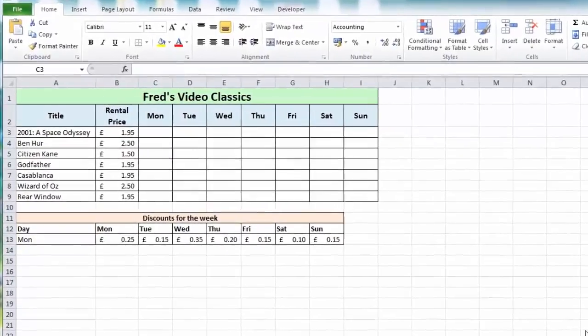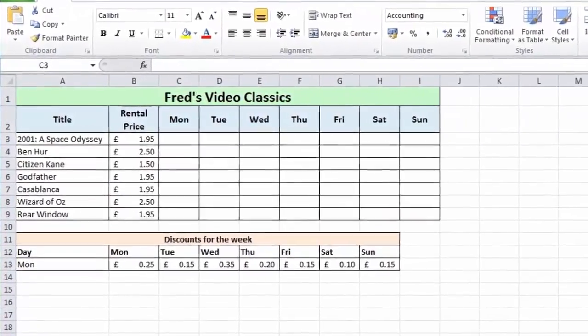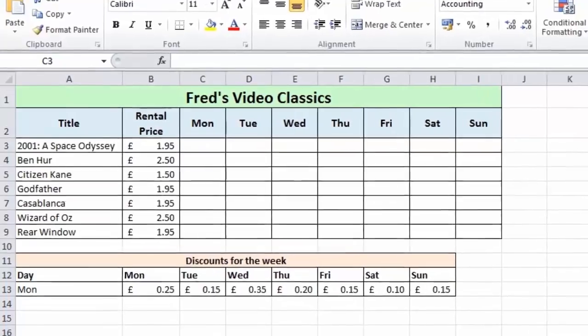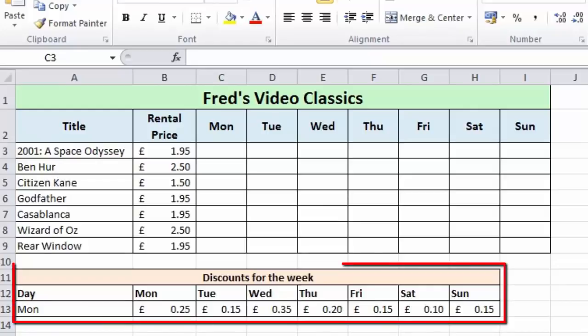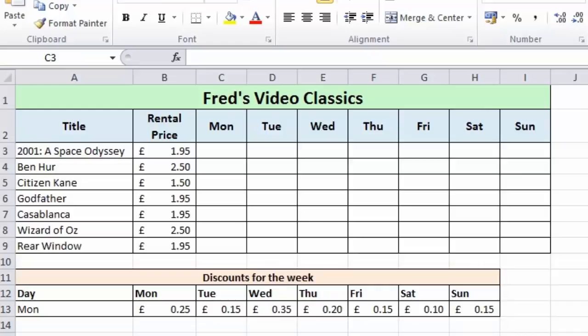In this tutorial we're continuing to look at absolute cell references, something a little bit more complicated than the previous tutorial. We're looking at a mixed absolute and relative cell reference to create a calculation to populate this table you see here. In that table that begins at row 11 are the discounts for the week. We have a different discount to be applied for each day of the week, and in the main table you can see the list of movies and the full rental price, which will obviously be discounted for